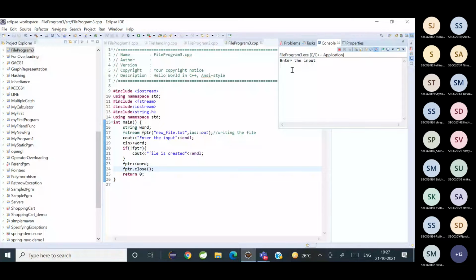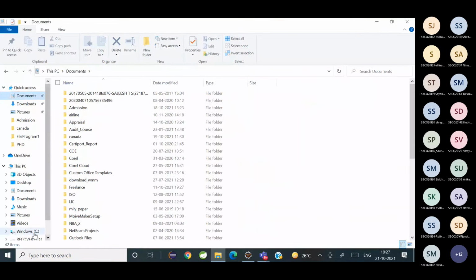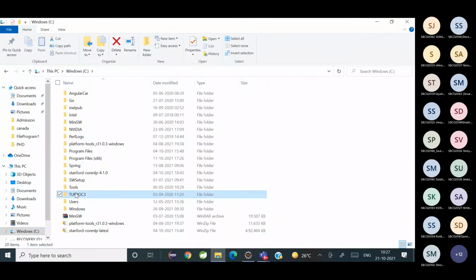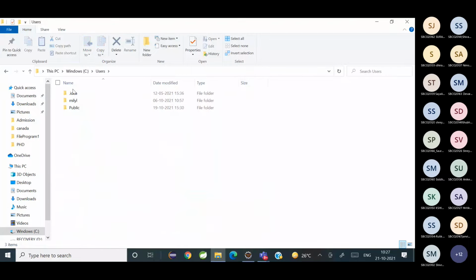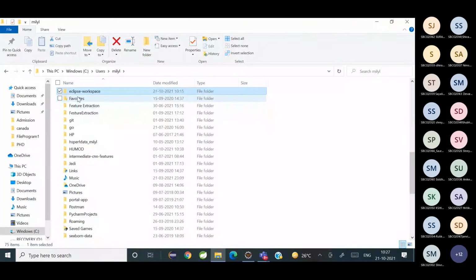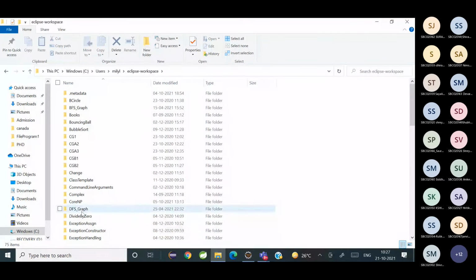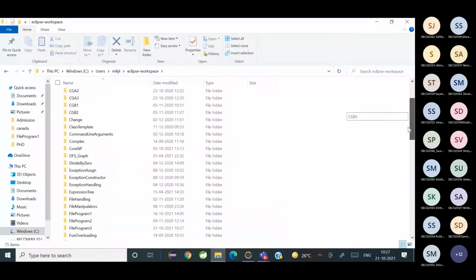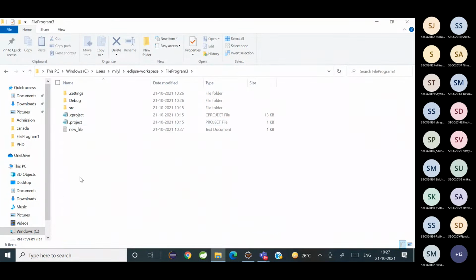Okay, it's asking for an input. Say I enter hello world. Okay, so that word didn't get printed. Let's see what happened. Did the file get created? File program 3.